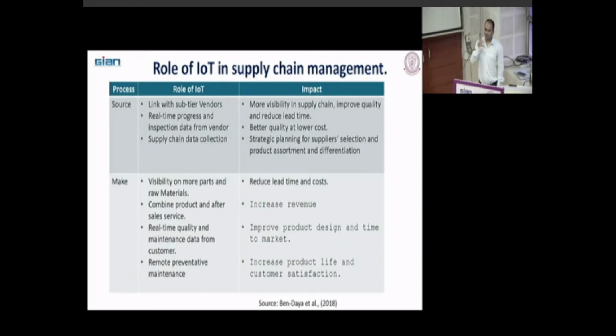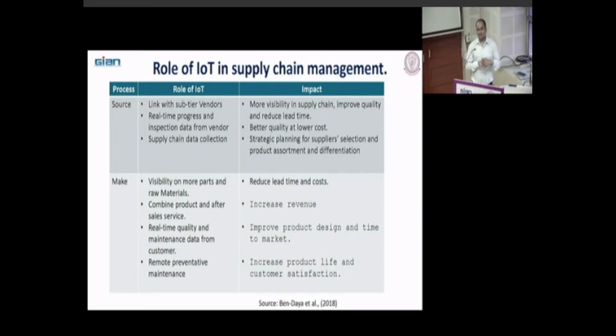And what will be the impact of this? Trying to find the real-time information from the supplier gives more visibility in the supply chain. You can find out the bigger picture, and basically you can look at the small details in your tier 1, tier 2, tier 3 supply chains. More visibility, improved quality and reduced lead time.